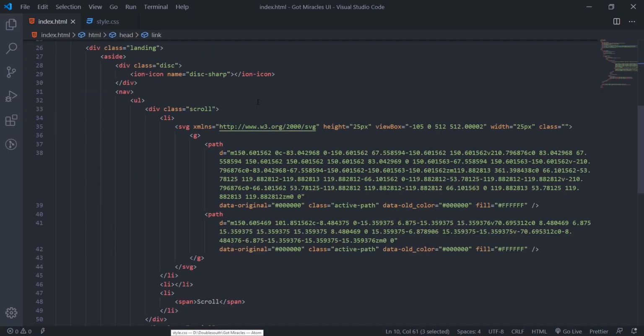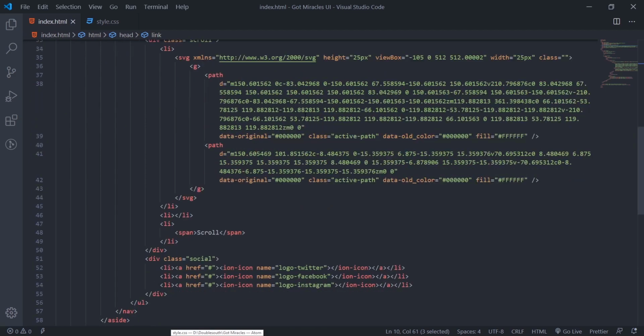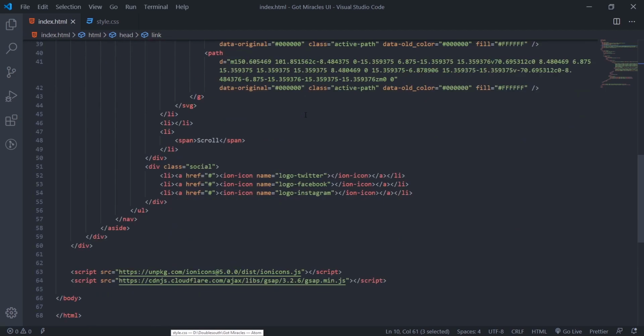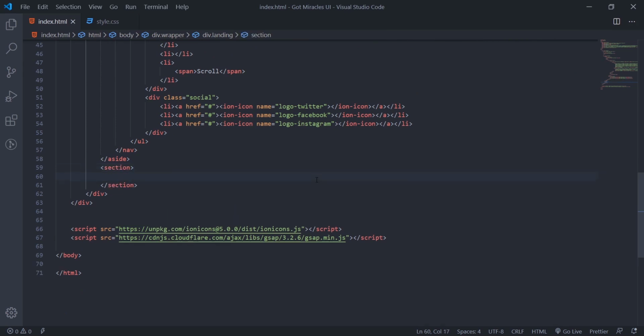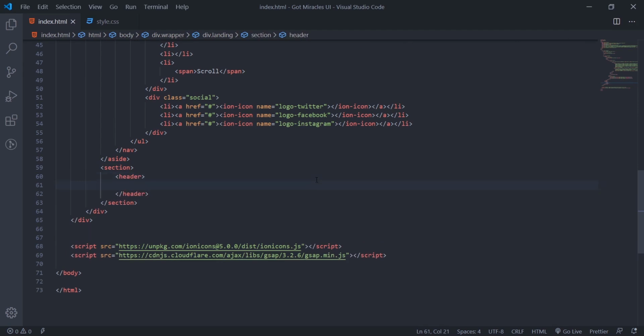So I'll come to my HTML here. Then just after this aside, I'll come here and create a section. Inside this section now we'll get a header. The header will house this h1.